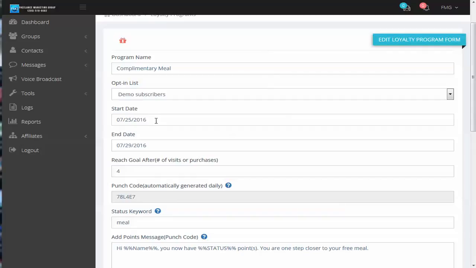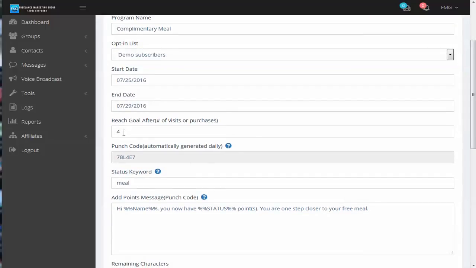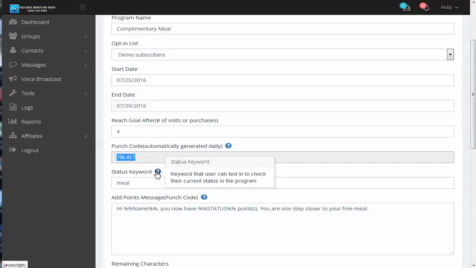So I started it today, and I'm going to let it end on the 29th. What's going to happen is this list, okay, this is the list it's pulling from. It's actually going to send 4 punch codes out. Every day a new punch code will get sent out automatically to this list. So here's the punch code for day 1, 78L4E7. Now, if someone were to text the keyword meal, okay, they can find out how many points they've accrued,